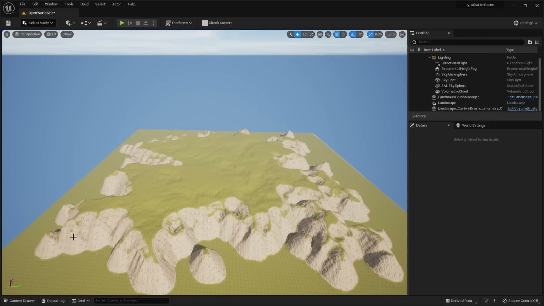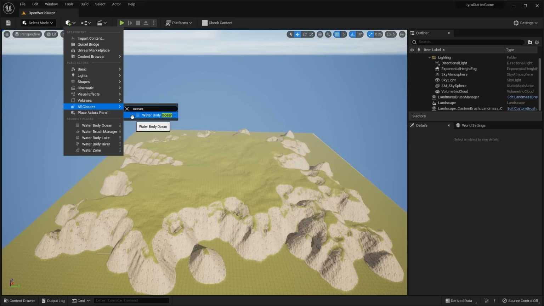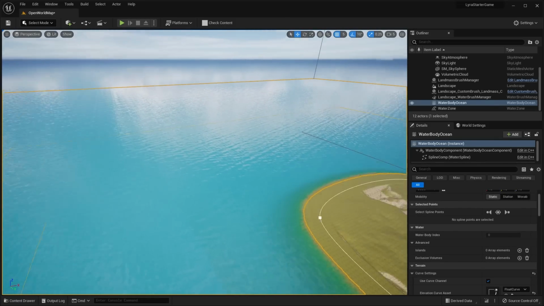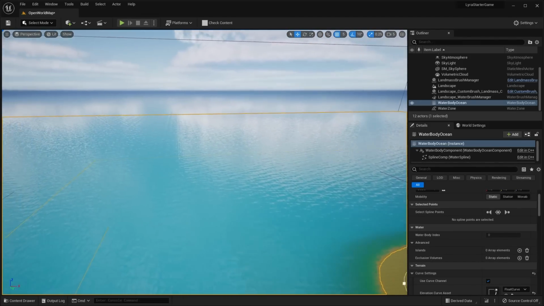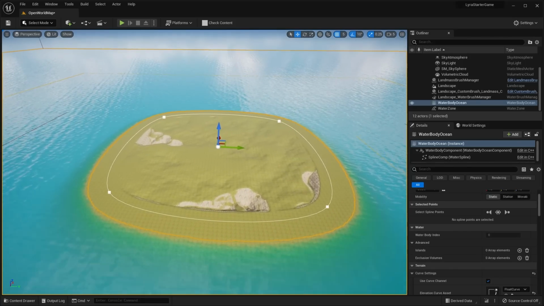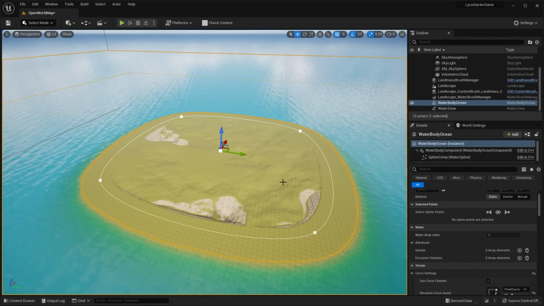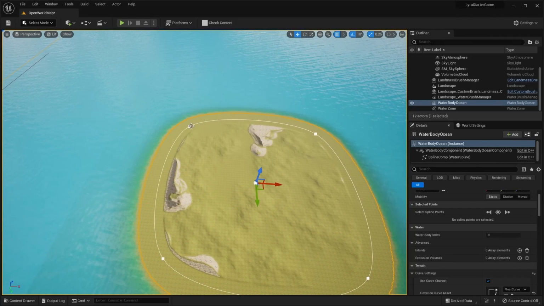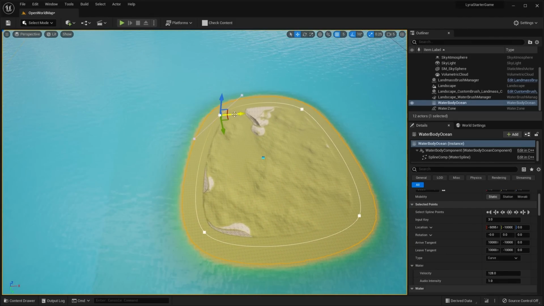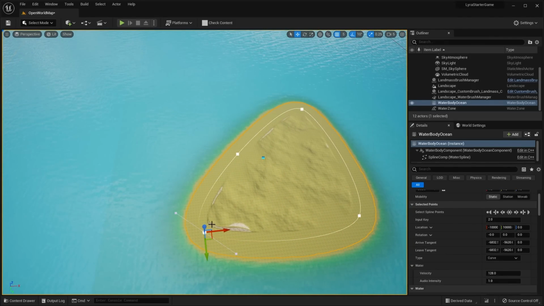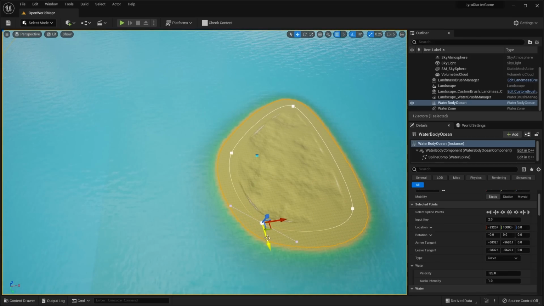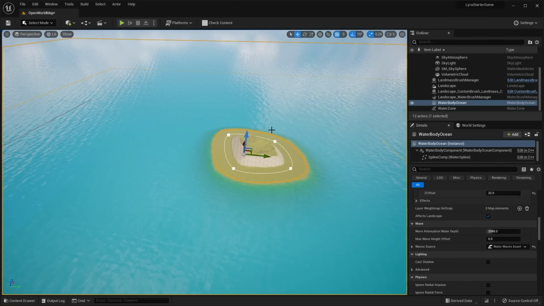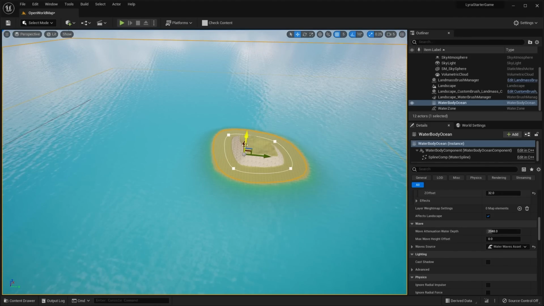It should be enabled by default, and then we can go ahead and select our water body ocean and drag and drop it into our scene. So you can see it added this nice ocean to our level, but it ended up ruining our landscape here. So what we want to do to fix this is we want to go ahead and select these points and just go ahead and bring them in like so. And now we want to bring this down a little bit,